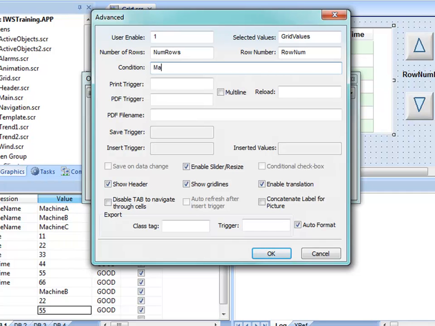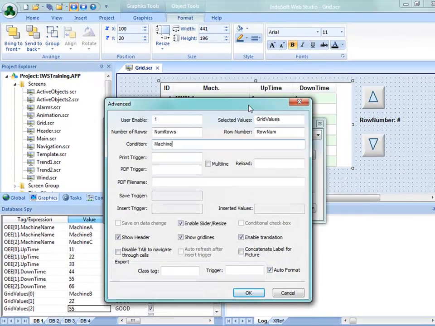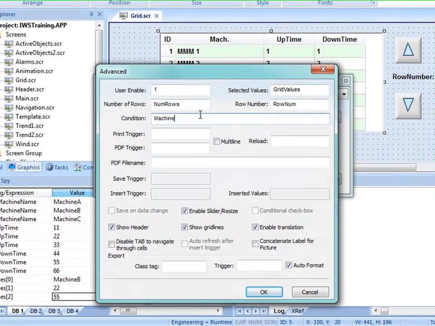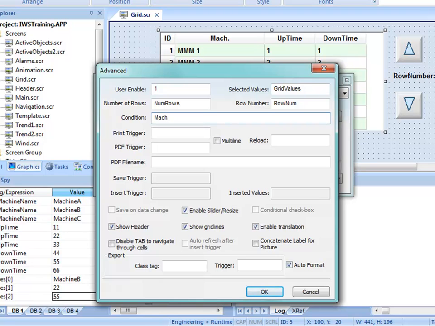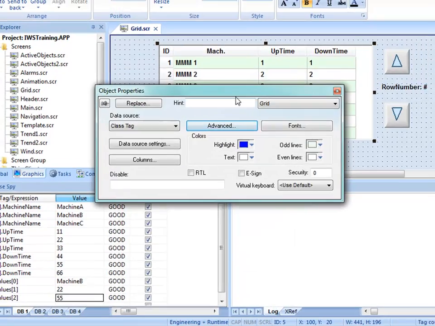If machine column, actually what did I call that column? I called it MACH period. The MACH period column is greater than machine A, and that has to be in single quotes. Machine A, close single quote. So if that column name, and here's the operator, is greater than machine A, then it will display. So now when I run this,